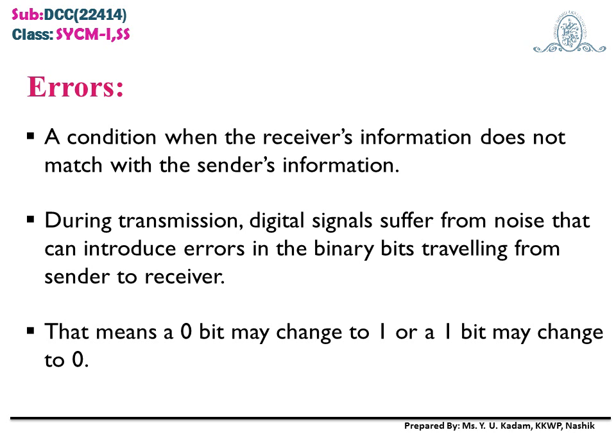Basically, an error can occur because of delay distortion in the signal, attenuation in the signal, or noise, or we can say because of electromagnetic interference produced on the communication line when the data is transmitted from sender to receiver. The sender's information doesn't match the information the receiver receives, and we say the error occurs. A 0 bit may be changed to 1 or a 1 bit may be changed to 0. This is nothing but the error.